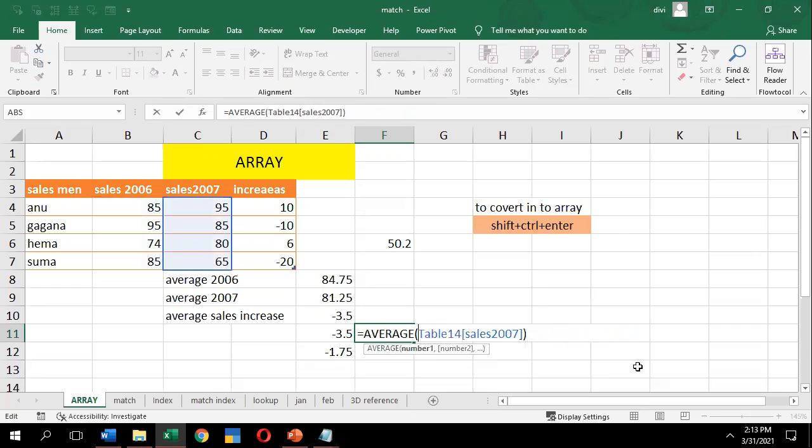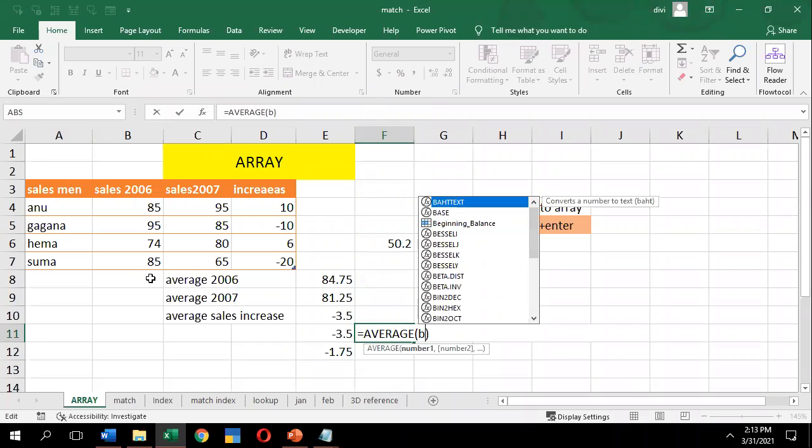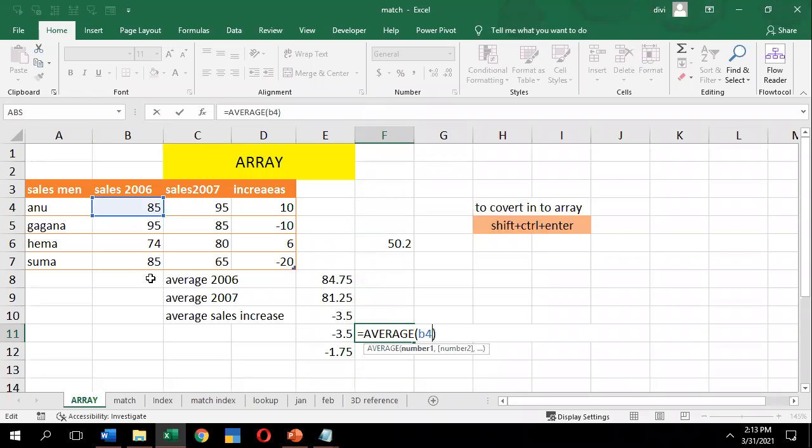Let me write the cell addresses instead of selecting the cells. The cell range for sales of 2006 is B4 to B7, and for sales of 2007 it is C4 to C7.